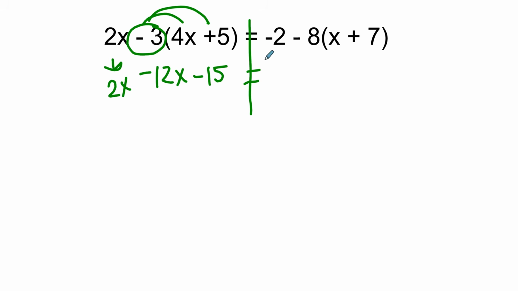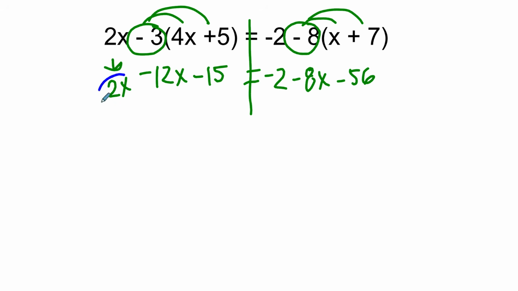We're also going to simplify the right side that has a parentheses. Notice how the sign goes with the 8. So we're going to drop down our negative 2. We're going to get negative 8x minus 56. Our next check is for like terms on the same side. So looking at the left, we have 2x and negative 12x that are like terms. Same side combine, 2x minus 12x is negative 10x minus 15 equals, we're going to do the same thing to